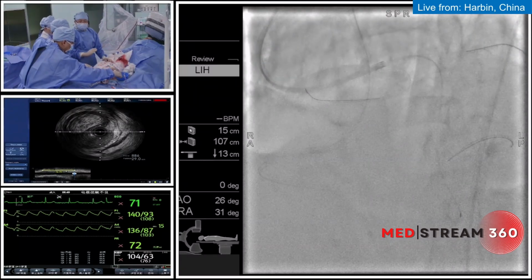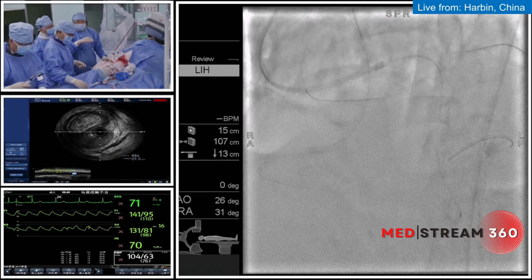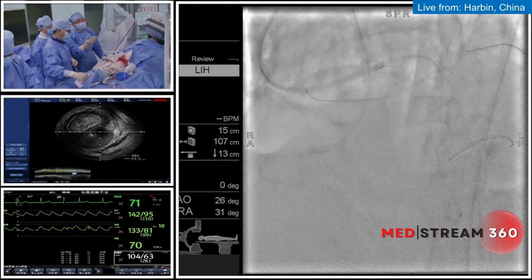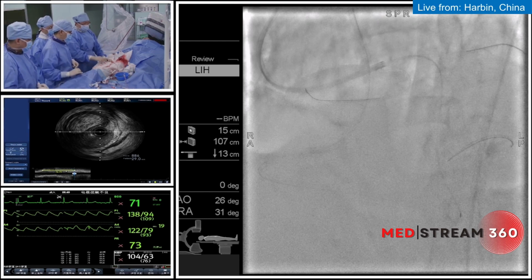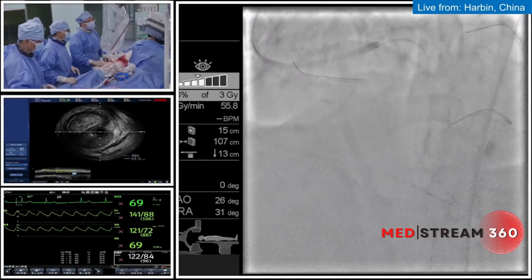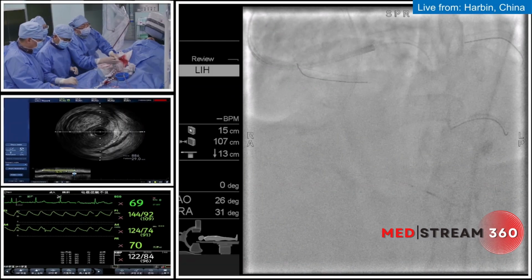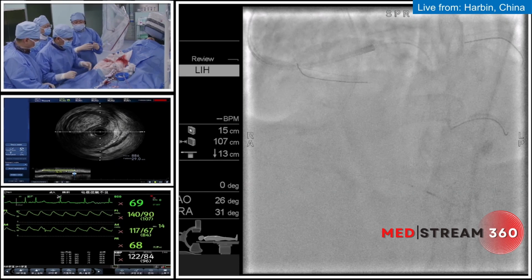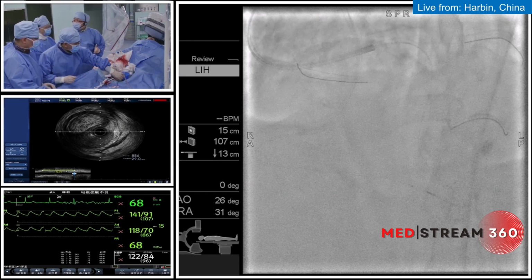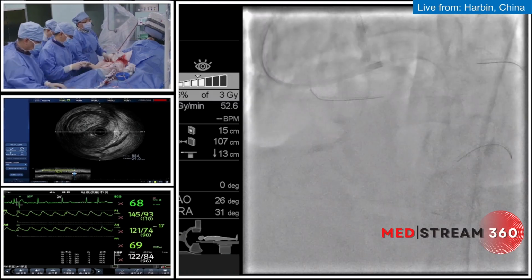We couldn't get the RG3 wire through. If we use a stand inside the PD, it doesn't matter. But if we pull too aggressively from the retrograde grid, sometimes it may cause damage to the tape, and maybe it could not be disconnected, causing a complication. So at that time, I think